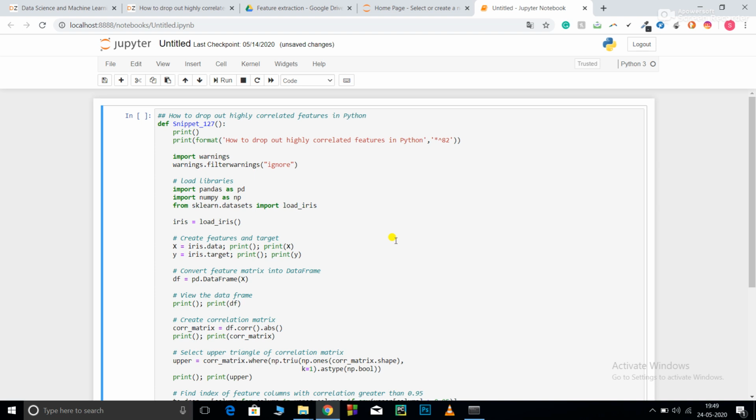For example, one of my features is x and the second of my features is 2x plus 3. Now these two are highly correlated as they represent more or less the same thing. I just have one more redundant column which also represents x, but with a little transformation. So this is correlation, and why do we need to drop that?